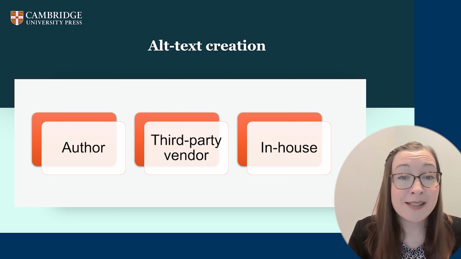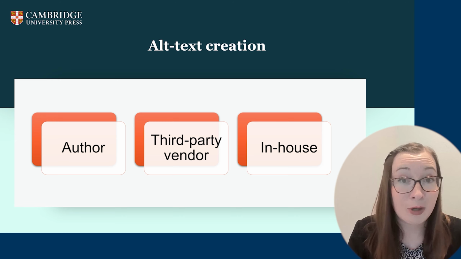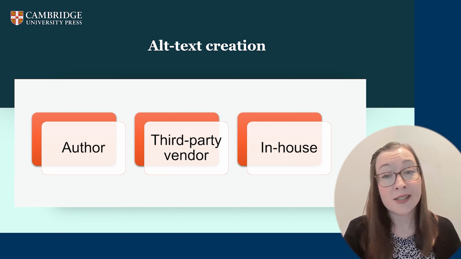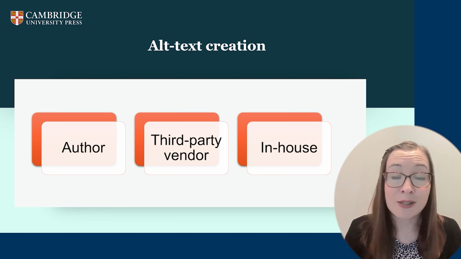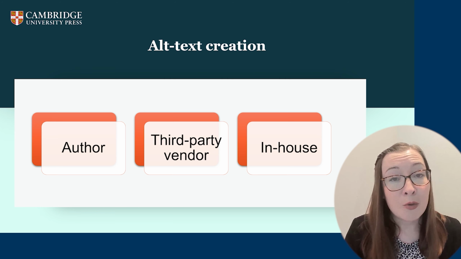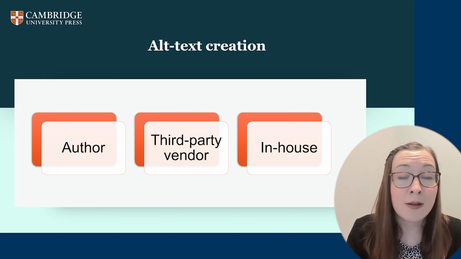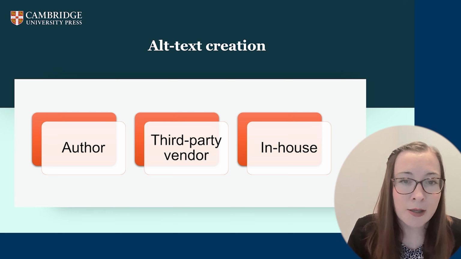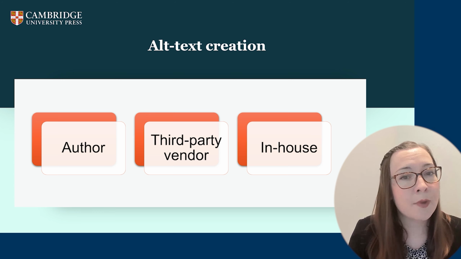Author resistance is, of course, a risk. We already ask quite a lot of our authors, and they are generally very busy. For example, in academic publishing, most of our authors are full-time teaching academics, and others are practicing doctors and lawyers. You may want to look at incorporating alt text provision into your author contracts as a requirement of submission, even then though what you receive will inevitably vary in quality. So quality control is going to be important, which we'll come to.